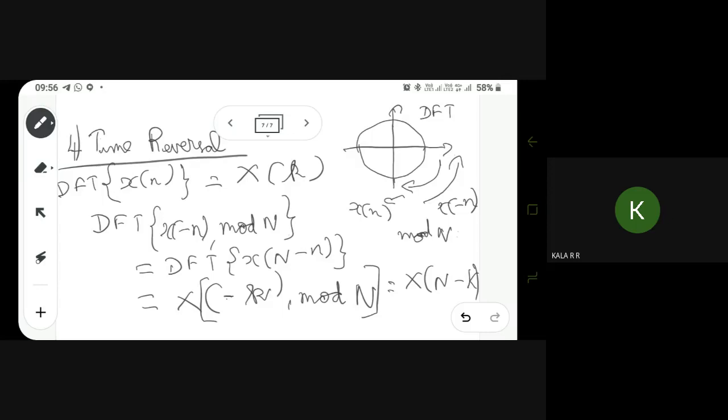So other properties are there. You can refer to your Anand book. The next property is, okay, I will just give the proof for this. Then it will be easy for you to understand the other upcoming proofs. Okay, so for the proof of this,